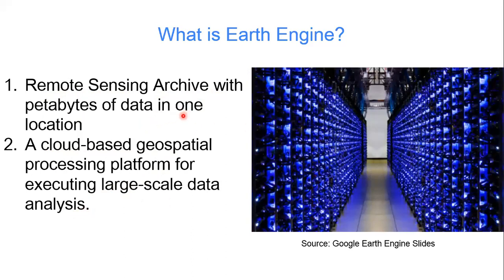Suppose you want to do some analysis on Landsat data. I think most of the people who have worked on remote sensing and GIS have maybe heard about Landsat data. To download the Landsat data, you have to go to the USGS website. If you want to analyze the same thing on a different data set, like Sentinel, Sentinel is basically available on the European Space Agency platform, but now it is also available on USGS. But Earth Engine is a platform which provides all those freely available data sets in one location.